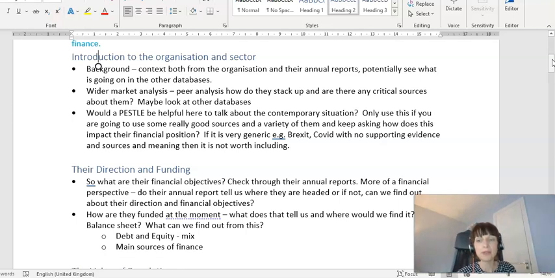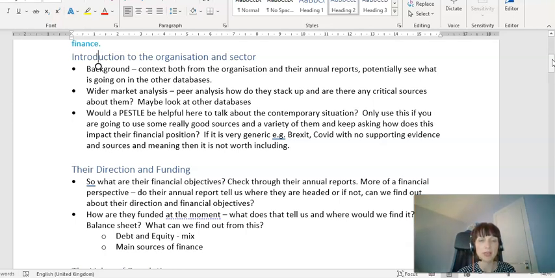Looking at how are they funded at the moment. So this will tie into the financial performance and the financial statements. I think it's probably going to be the balance sheets that we're looking at in terms of where they've got their capital from. So how are they funded at the moment? Is it borrowing? Is it equity? Trying to understand a little bit about the basis on which they've been built